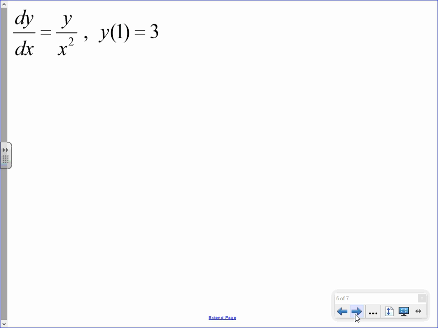Callie, when we separate variables, what does that look like? 1 over y equals